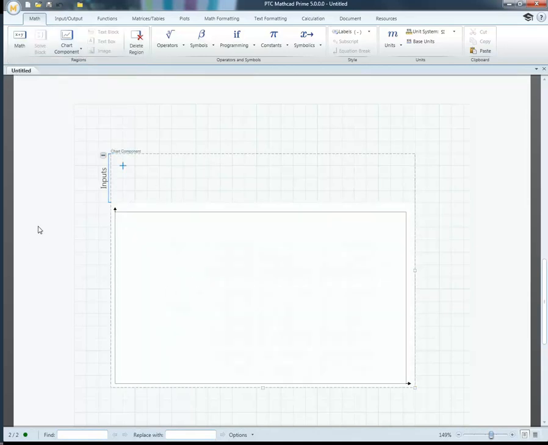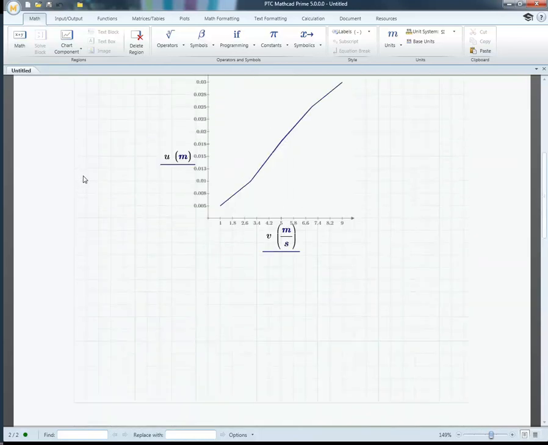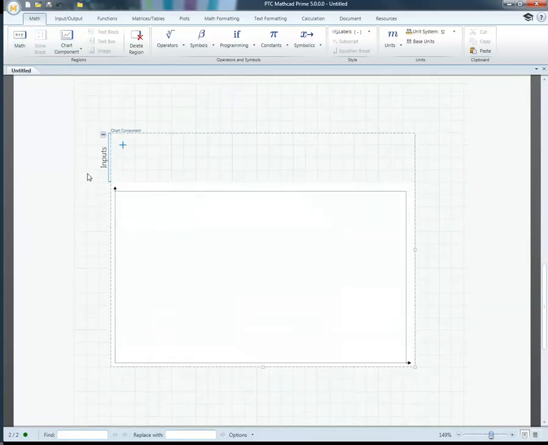And then it pulls up a little wizard that allows you to insert the stuff you want to graph. So I could go in, let me just do what I just did. I'm going to right click in the inputs area, and I'm going to insert an x-axis expression, and I'm going to call this